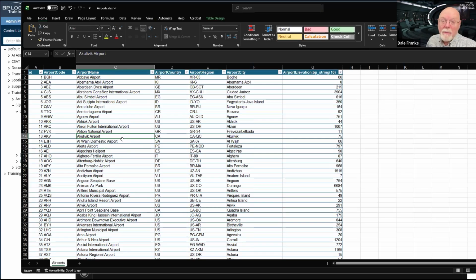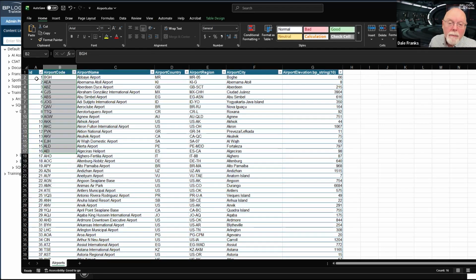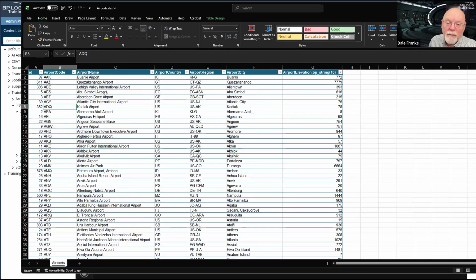In fact, it may be quite random how it is sorted. For example, notice these airport codes. They don't necessarily match alphabetically with all of these airports. So let's say that my data here was sorted by airport code.